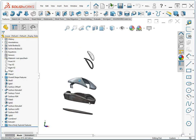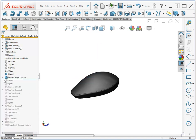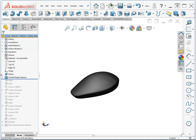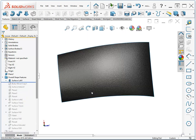This is a mouse that I created. We use this one in the multi-bodies chapter. Let's roll it back, and you notice I've got a folder here that keeps all of my surfacing work in it, allow me to keep a fairly compact feature tree while I'm working in solids. So let's roll this back again within the surfaces folder, and we see that the first surface is a loft